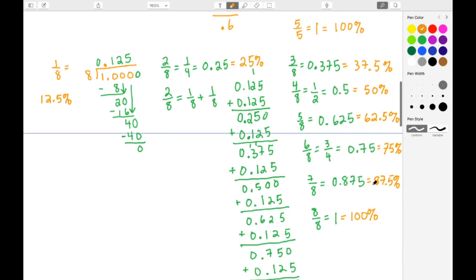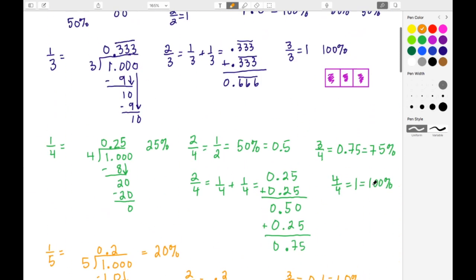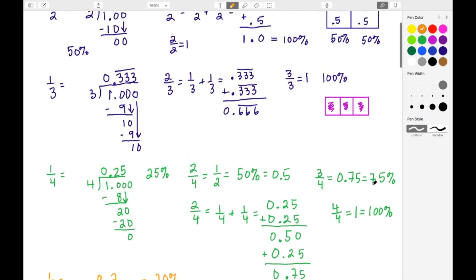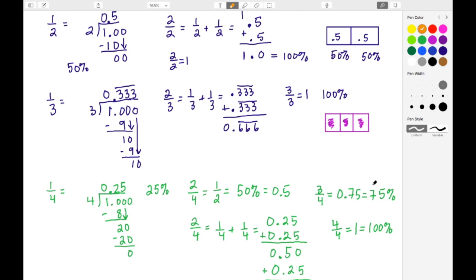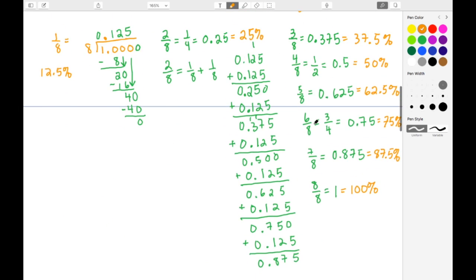Let me scroll back because I think I did I do percentages for the thirds? No, I didn't. So let's do the percentages here for the thirds. For the thirds, if I multiply this by 100, this here turns into 33.3 with the 3 repeating percent. And when I do 2/3, we have the 6's repeating. That there turns into 66.6 repeating percent. All right, so that's those there. Let's get back to the bottom here and let's continue.